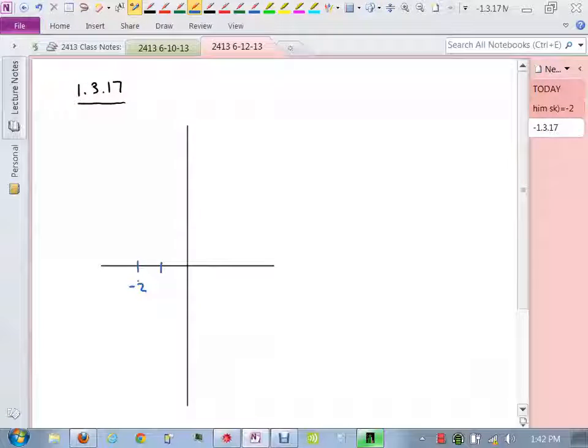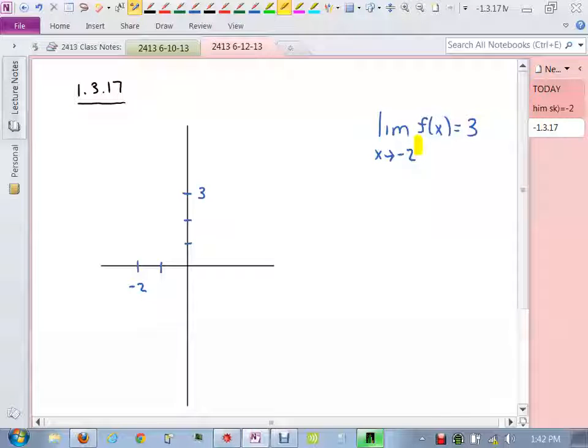What I need is for the limit at that to be equal to what? 3, which means the function should be approaching a height of 3. And is it from the left or from the right? Both, right? Because the problem says the limit as x approaches -2 of the function should be equal to 3. Because there is no little plus or minus in that top right-hand corner, that means I need both sides to go to 3. So I'm going to put